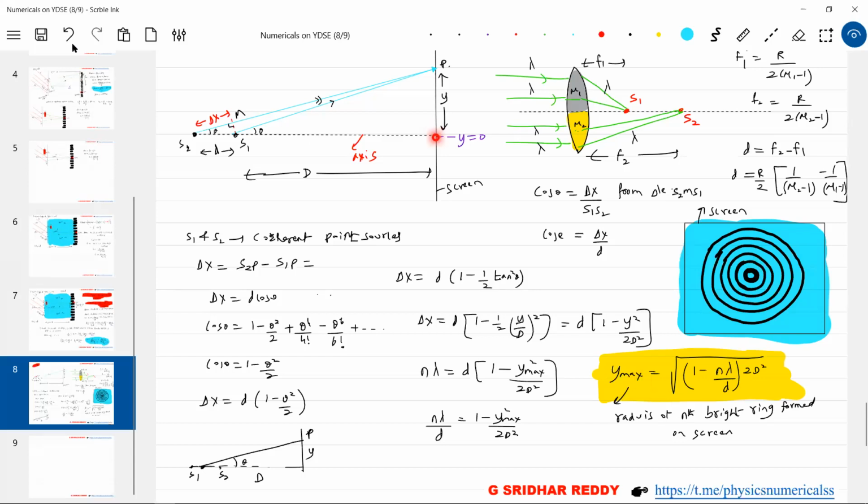So now the order of interference will decrease here. What is the order of interference? That depends upon d by lambda. Suppose d equal to 10 millimeter and lambda is equal to 1 millimeter. Then the order of interference will be 10, then next 9, 8, and where it will be 0 will be at infinity, no? The path difference between these two rays will be equal to 0 at infinity. So it will start from here, no? 10, 9, 8, 7, 6, 5, 4, 3, like the order of interference.